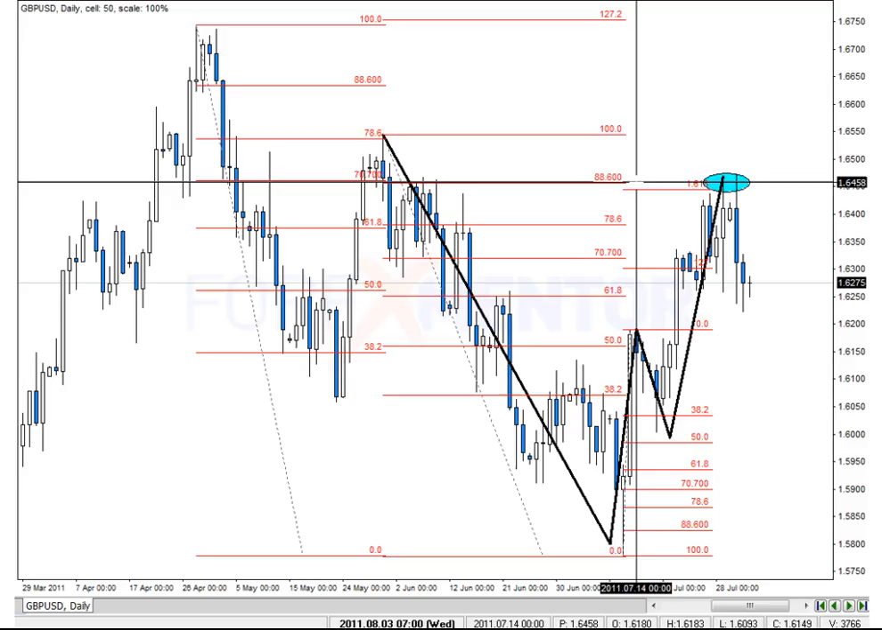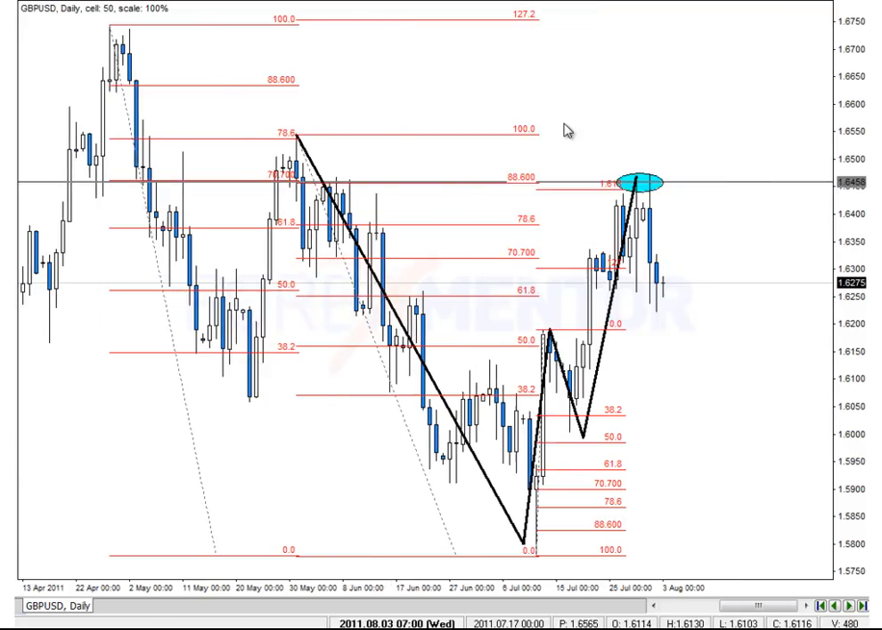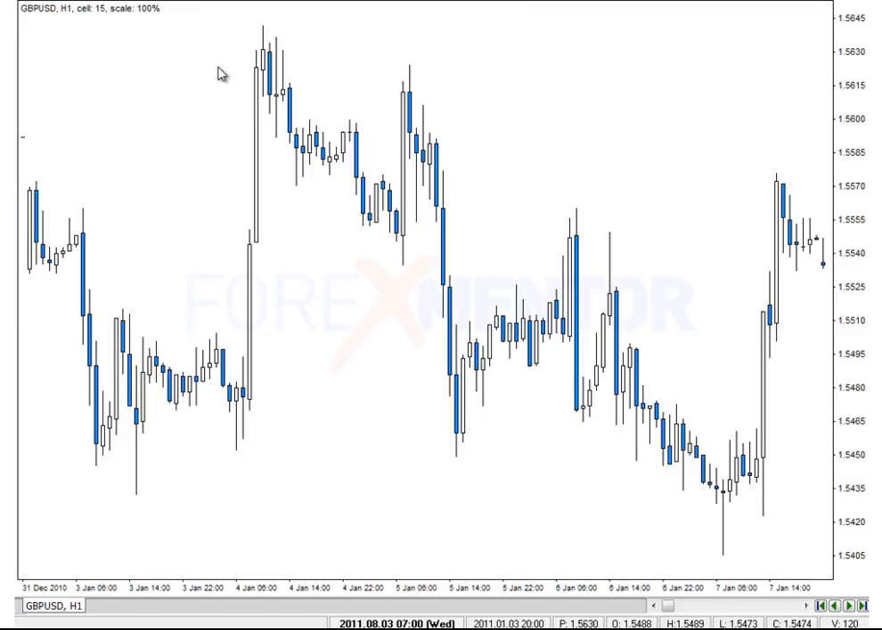Now, in order to trade this bat pattern, for your stop loss we need to go above the high. On a daily chart, you can see that it would be over 100 pips worth of risk. So quite a large stop. So what we want to do is look for a potential pattern at this level on the smaller time frame. So if we now move to an hourly chart,